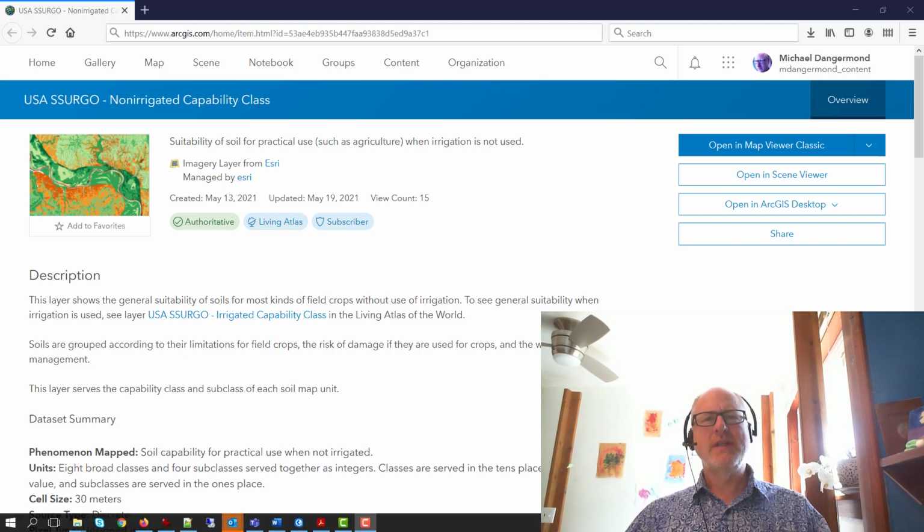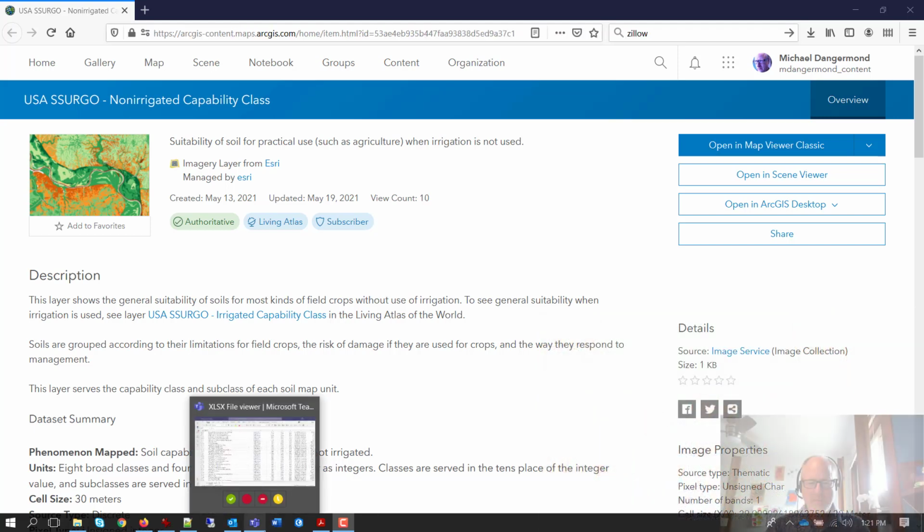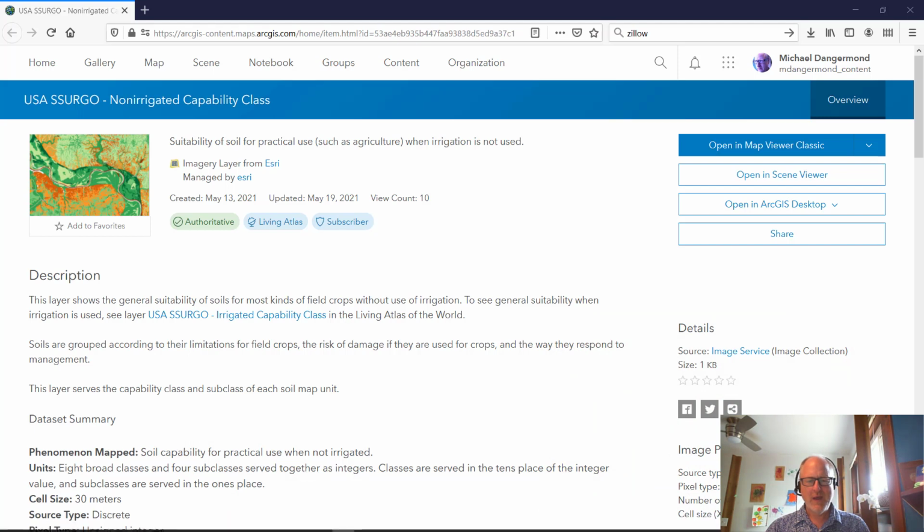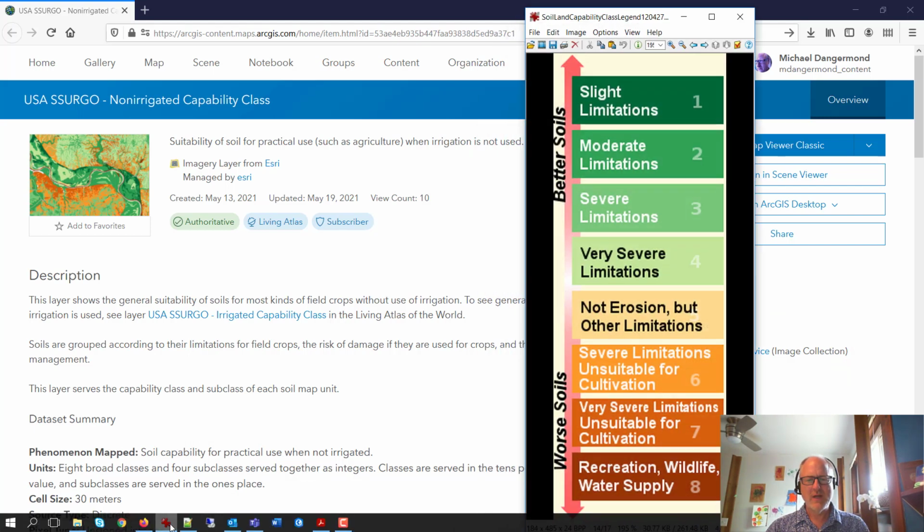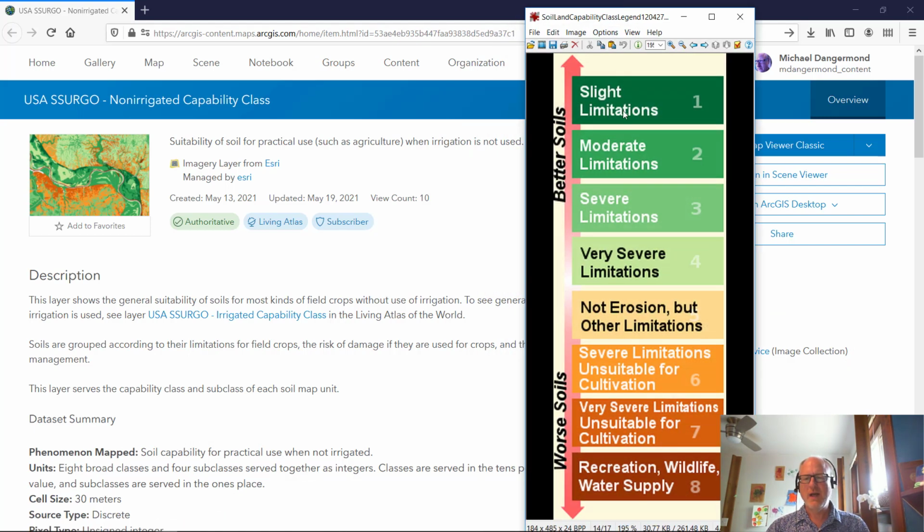If you don't have all of these products, you can follow along and do the parts your organization has the licenses for. So what is non-irrigated capability? The U.S. Department of Agriculture has classified the soils in the United States in 8 different classes based upon what its capability is for practical use in agriculture. So we have everything from Class 1, which is slight limitations, which means that